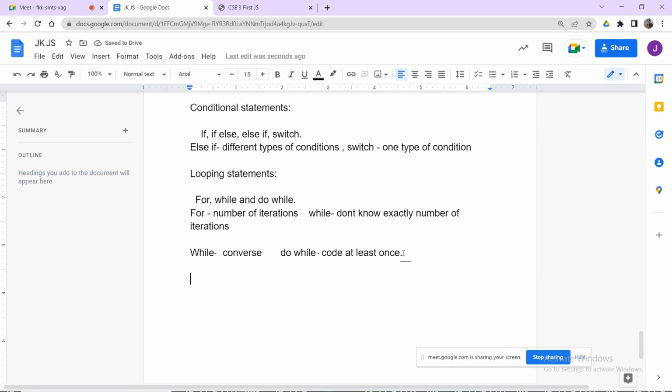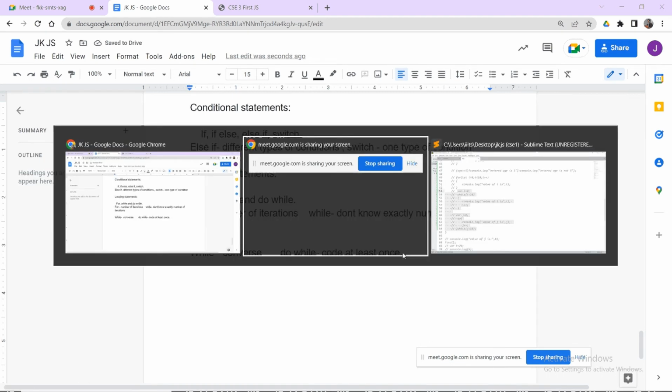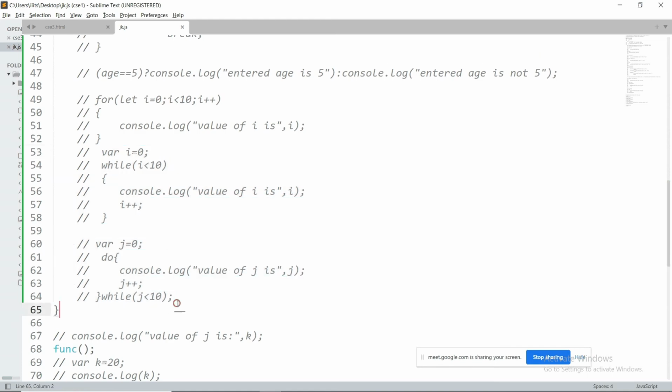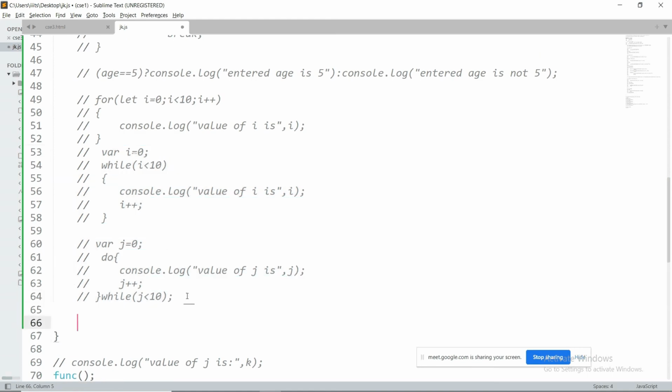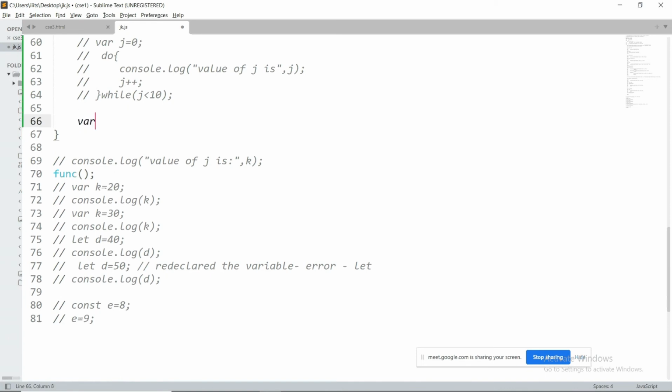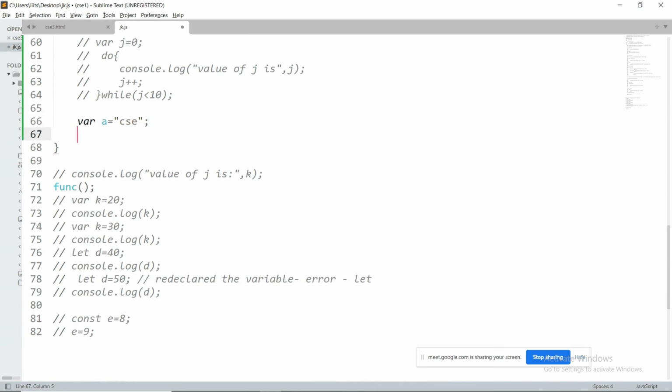In addition to this, we have other kinds of loops. Before going to that, in the last class I have already explained the concept of strings. How are we going to create the string, where a equal to something like cse? Here a is an object which is of type string. Now I would like to extract the characters of this string. Like I would like to first extract c, then s, followed by e. How are we going to do that?